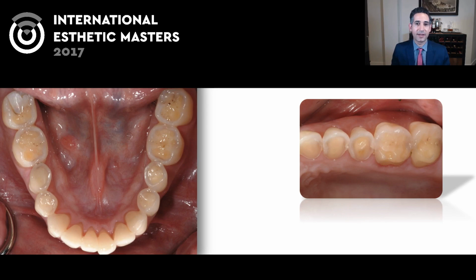So the patient had a previous history of bulimia, and as a result there's a lot of acid erosion. Her premolars look a lot like a canine with the whole lingual eroded away, and the challenging thing on these cases is that what's left of the tooth is significant, but by the time you prep, there's very little left. And to get a perfectly ideal cosmetic outcome and also a functional outcome, it would be ideal to minimize preparation and build on top of it rather than prep more and result in the root canals and all the downsides